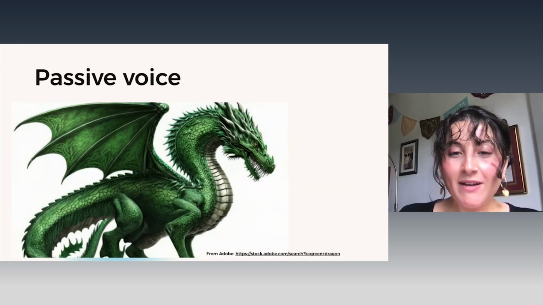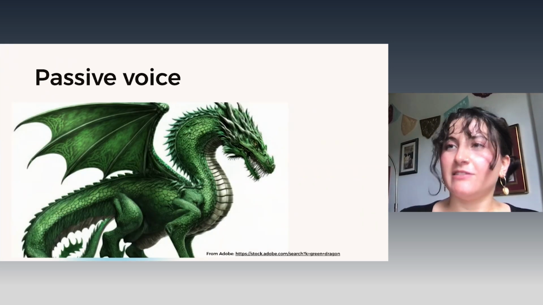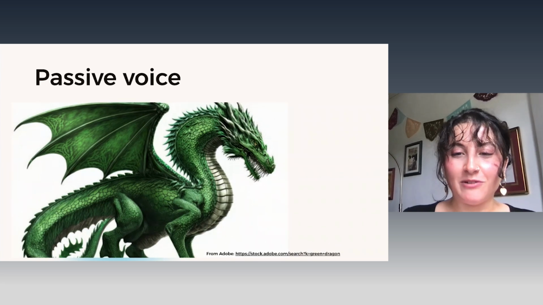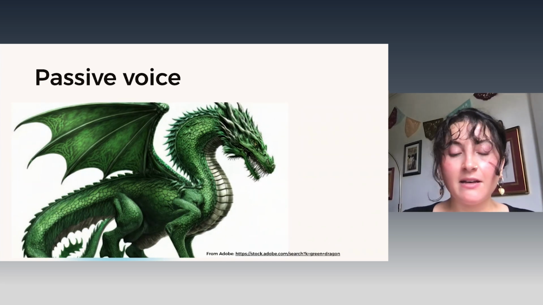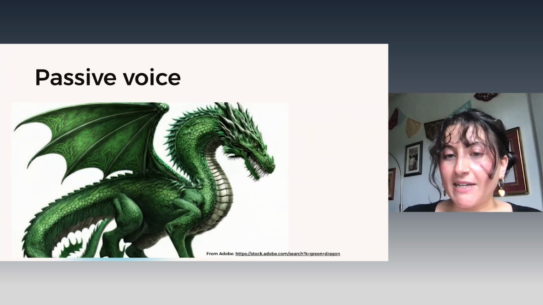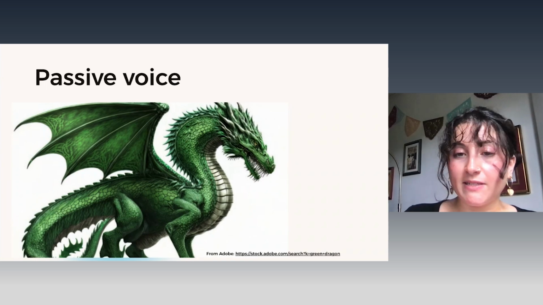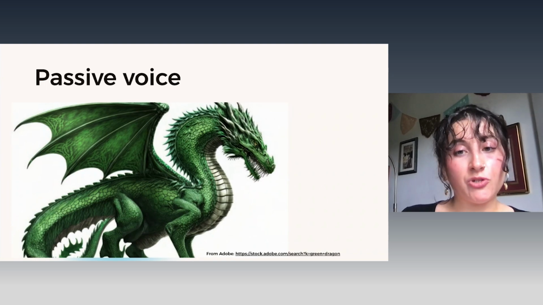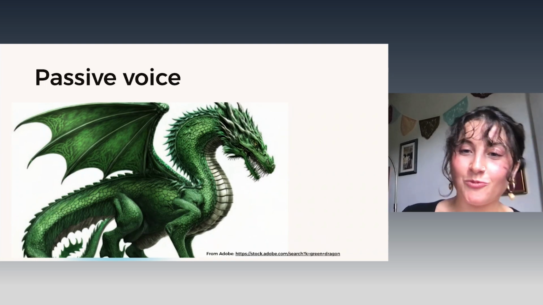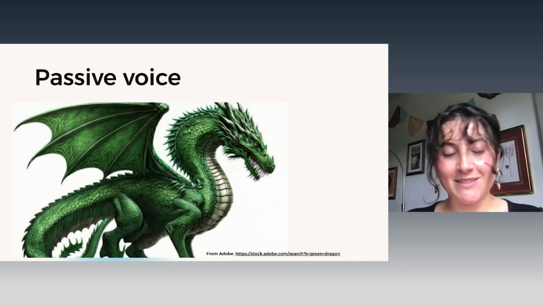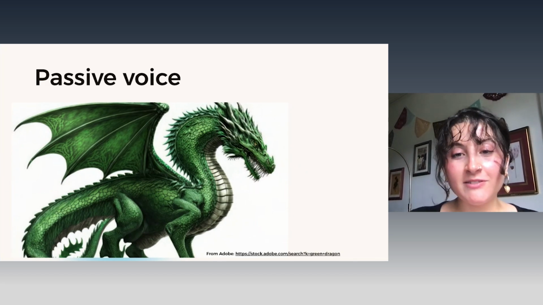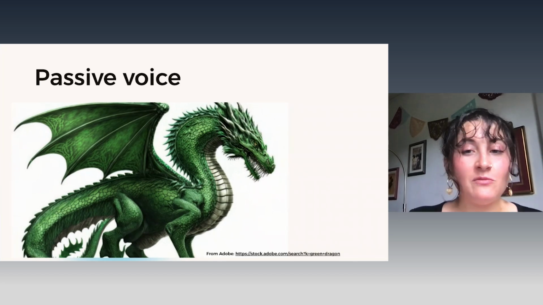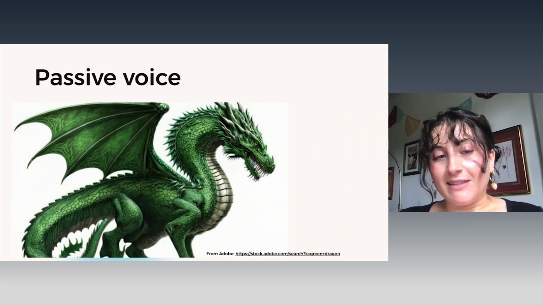All right, so one aspect of sentence structure that I think is pretty commonly talked about with technical writers is passive voice. So, of course, style guides tell us not to use passive voice, and I totally agree. Most of the time, you should be using active voice. So I want to preface this presentation with that. However, there are some cool features and maybe even benefits of passive voice that I think sometimes we don't talk